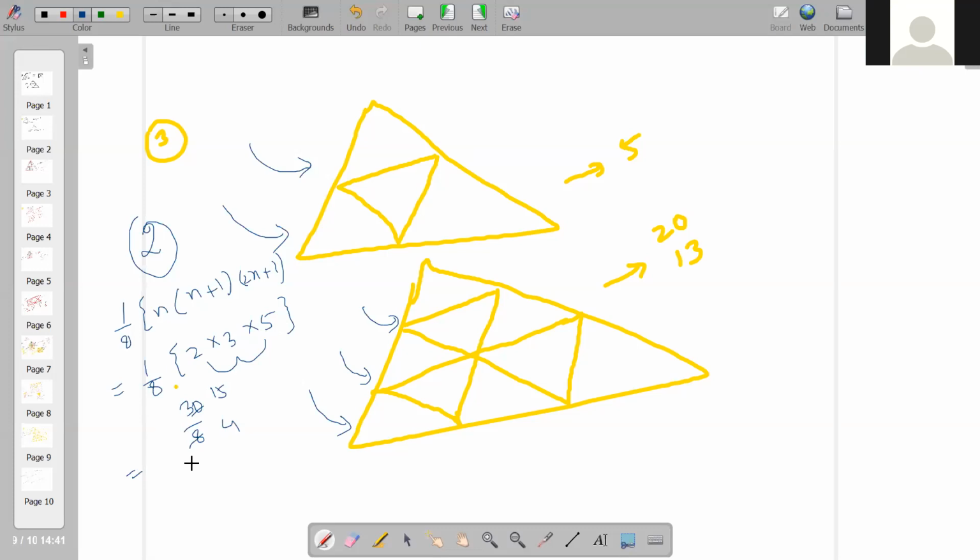Sir, you told n plus 2, but I wrote n plus 1. Okay, n plus 2. I'm so sorry. That is why I was figuring out why it does not work. Okay, n plus 2, so it becomes 4, right? A totally different result. Now 2 into 4 into 5 by 8, the 8 cancels out. Remaining is 5. So directly you get 5.